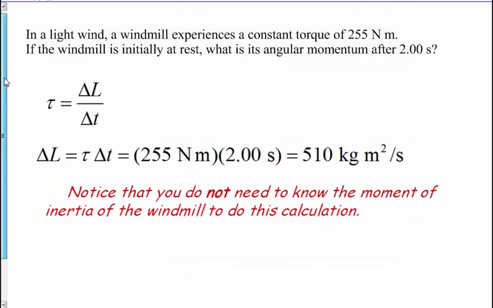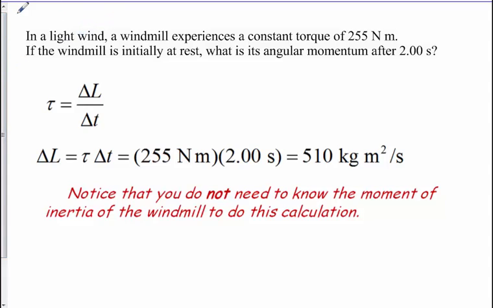Just a simple problem here. I have a light wind. In a light wind, the windmill experiences a constant torque of 255 Newton meters. If the windmill is initially at rest, what is the angular momentum after 2 seconds? I just go back to torque is change in angular momentum divided by time. So I find out what the change in angular momentum is by bringing the time up to here. I got my torque of 255 Newton meters. I multiply that by my seconds, and that's going to give me a change of angular momentum of 510 kilograms